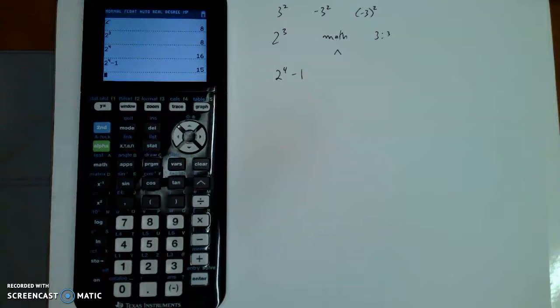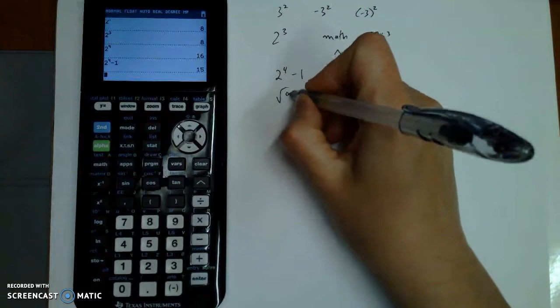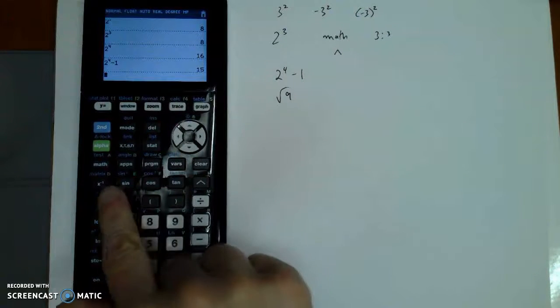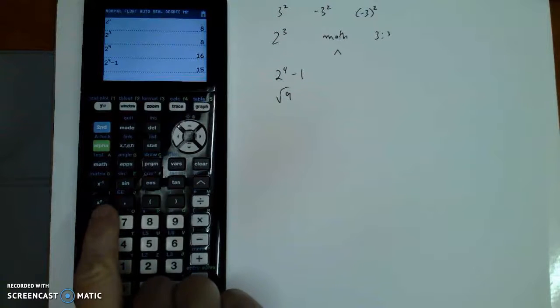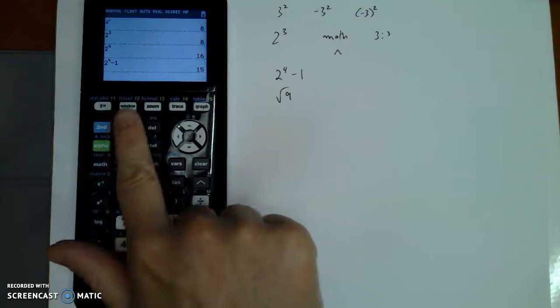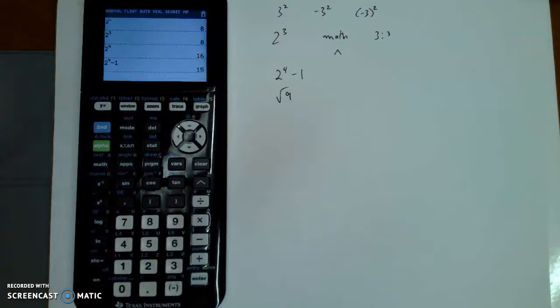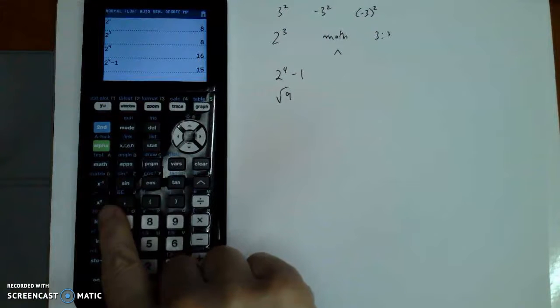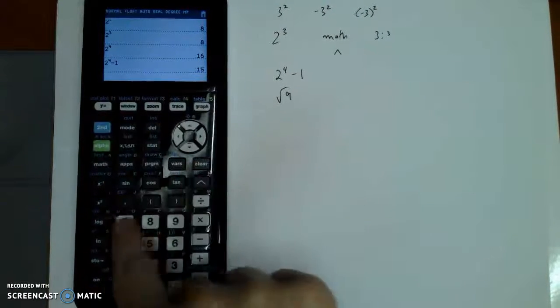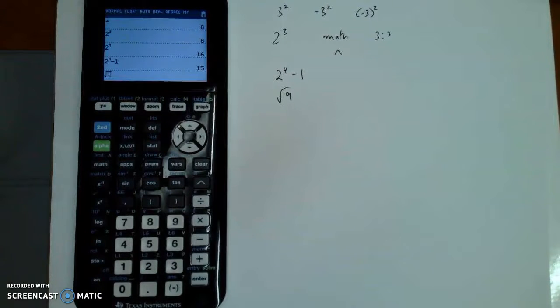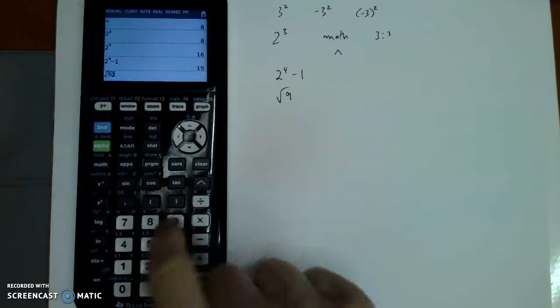What if I want to do a square root? What if I want to do the square root of 9? Now, if you look above every key pretty much, there is something in blue. The way to get the blue stuff is by hitting my blue second key. So if you see above the square key, it does have that little square root symbol. So I'm going to hit second, that square button, and there is my square root sign,